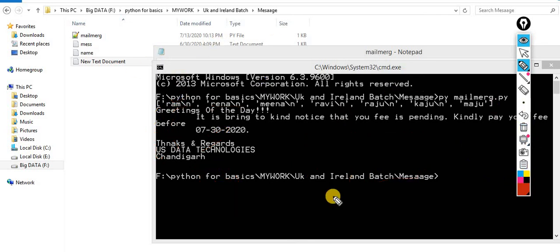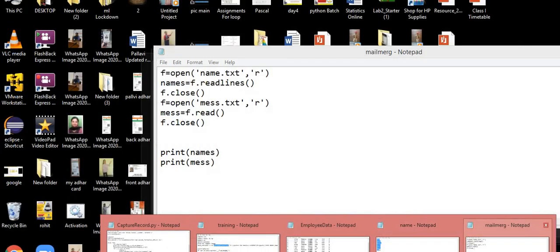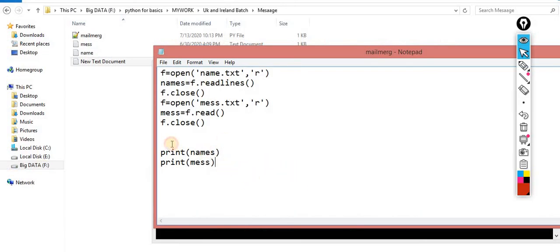First I read the content, whatever I need. Now I have to merge it and make a new file. And I know that to make a new file, you can use W mode. So first I am doing for name in names. Let me just print the names, I am printing the name.